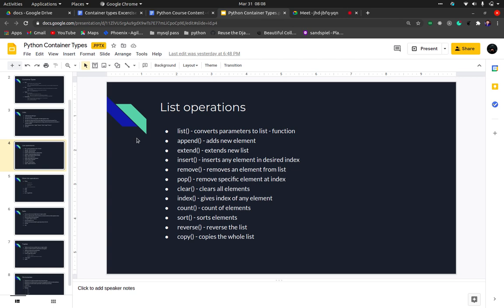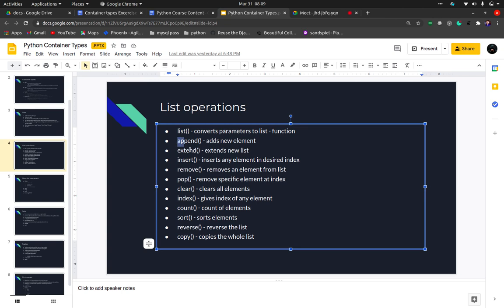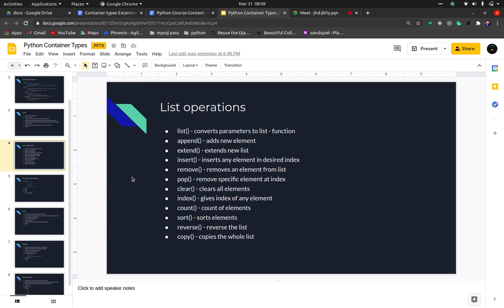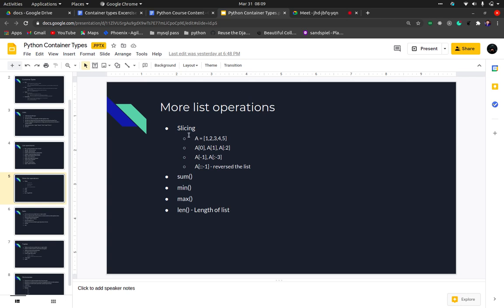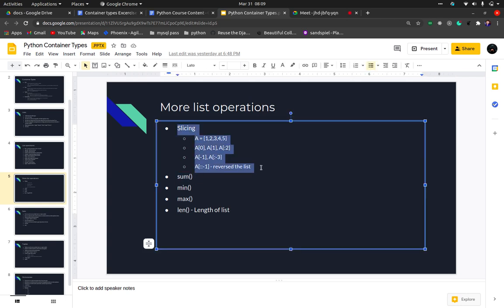So I am calling these things methods, and whatever we are going to discuss now, those are functions, okay. I'll tell you the difference, a little bit of difference will be there, okay. I'll tell you the difference as well. So all these are the list methods, okay. We saw how each method can be used, what is the purpose of each method and how we can manipulate the lists, right? Okay. Now let's just jump ahead, okay. These are all the slicing methods we already discussed, and we also discussed how to reverse the list, okay.